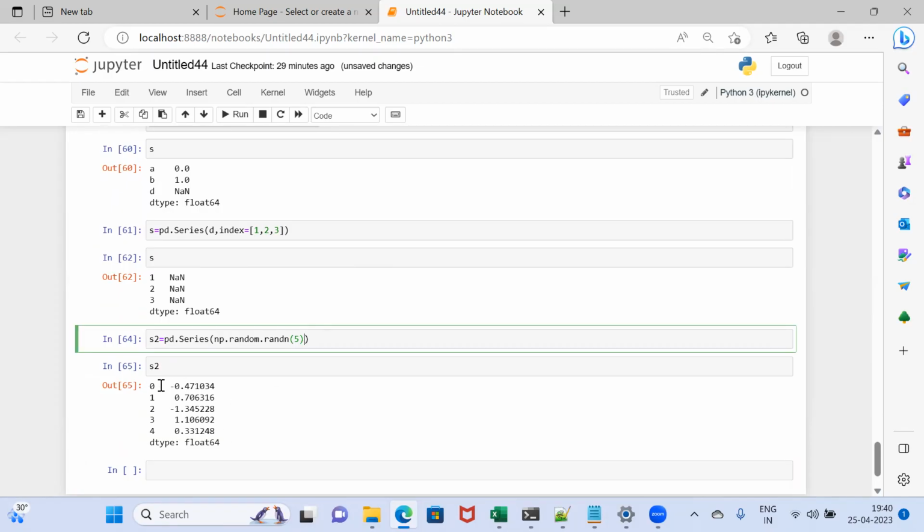So for this, now you can see 0, 1, 2, 3, 4. Index, we already know how to mention. Currently, there is no index given, so it is taken as 0, 1, 2, 3, 4. And now currently all these values are there. And now I am giving